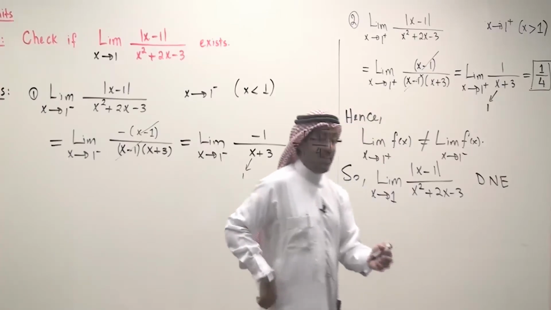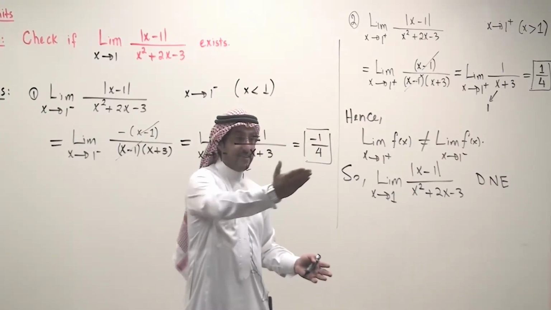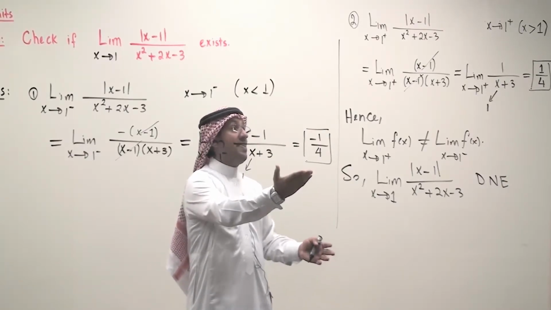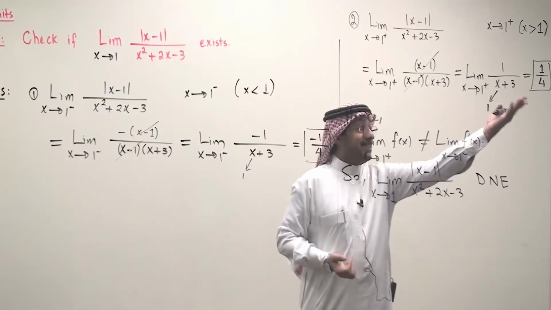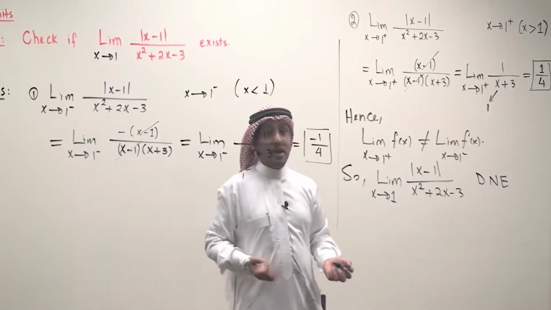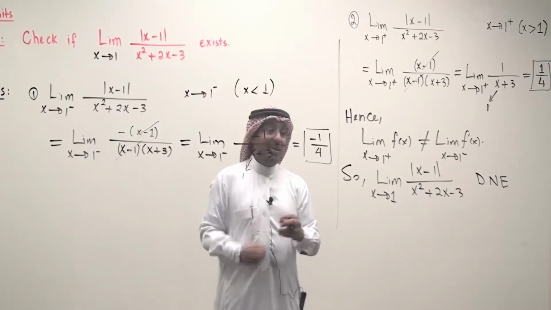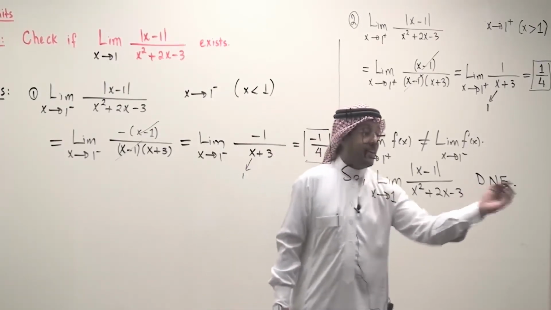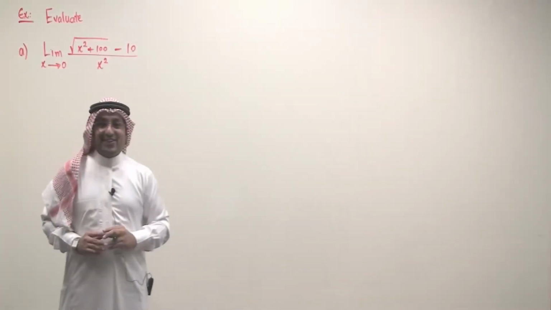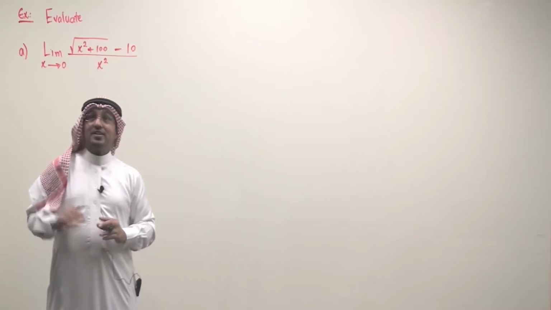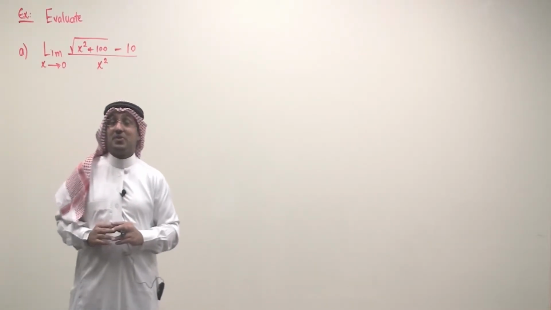You see here, the limit from the left side does exist. It is negative 1 over 4. And the limit from the right side does exist. It is equal to 1 over 4. But because the two limits are not equal, then we say the limit does not exist. That's it. Let's see now together how we evaluate the following limit, involving square roots, where we need, in fact, here